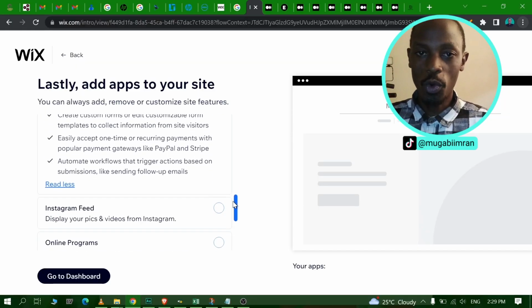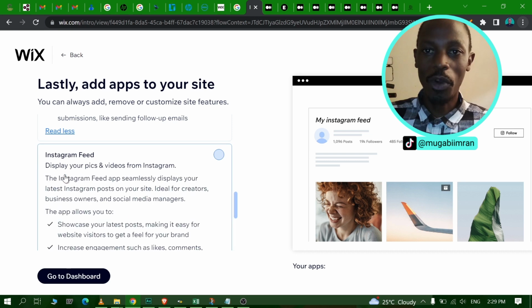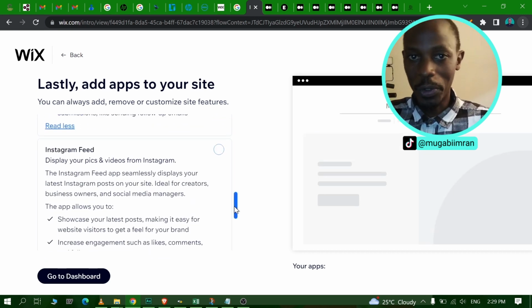Next is the Instagram feed. Now if you're a fan of Instagram and you have a good following on your Instagram and you have some beautiful photos to showcase, you can use this app to showcase your photos, display all the latest photos and videos from your Instagram page on your Wix website. So they are live. Whenever someone clicks on any of those photos or videos, they are automatically taken to your Instagram page. So it's a way of also promoting your page, getting more followers, as well as getting more website traffic,